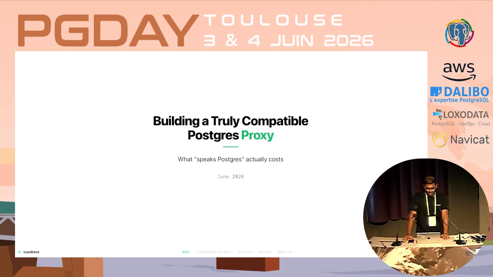So, Multigres is a proxy that sits in front of Postgres. And when we started, we assumed that the hard problem would be the classical distributed systems ones. But most of the time, subtle bugs are caused by things which are much simpler and much quieter. So with Multigres, we strive to build a whole system which is truly and really compatible with Postgres. The kind of compatibility where a client is connected to our proxy and it genuinely cannot tell whether it is talking to a real Postgres or not.